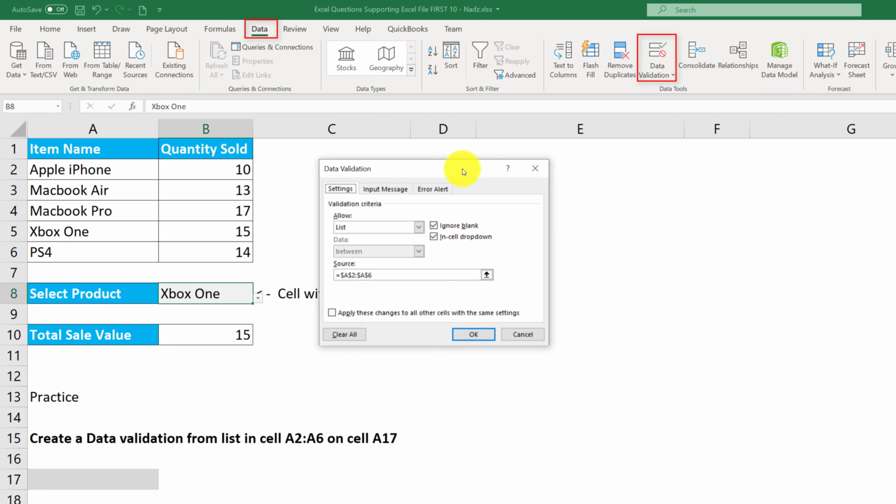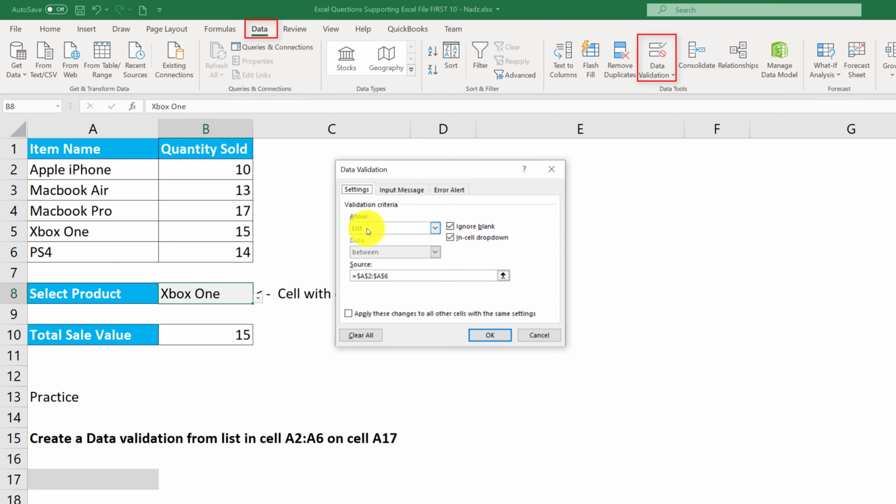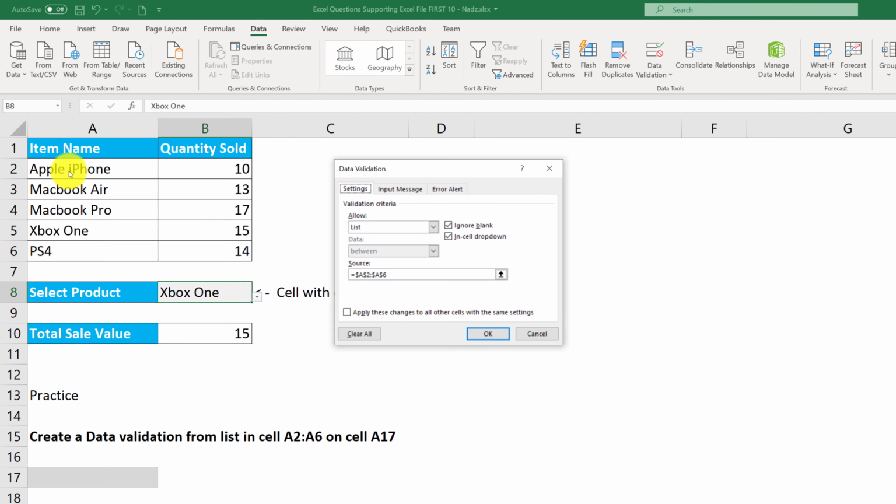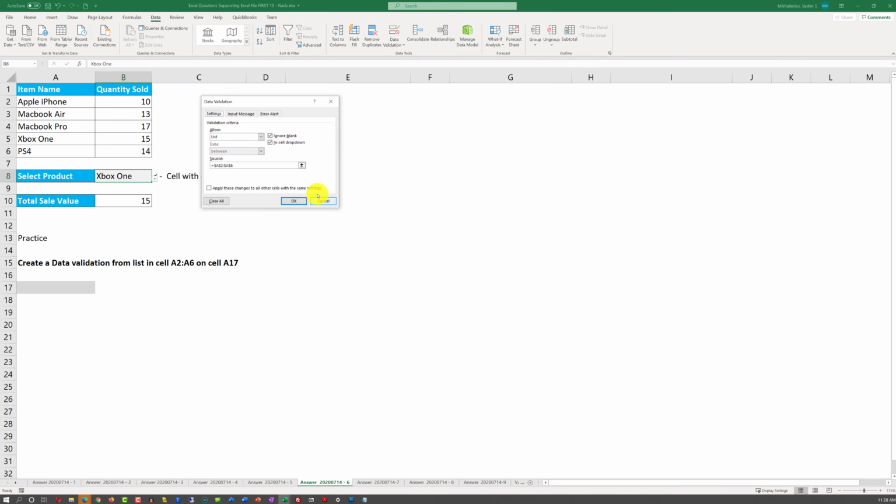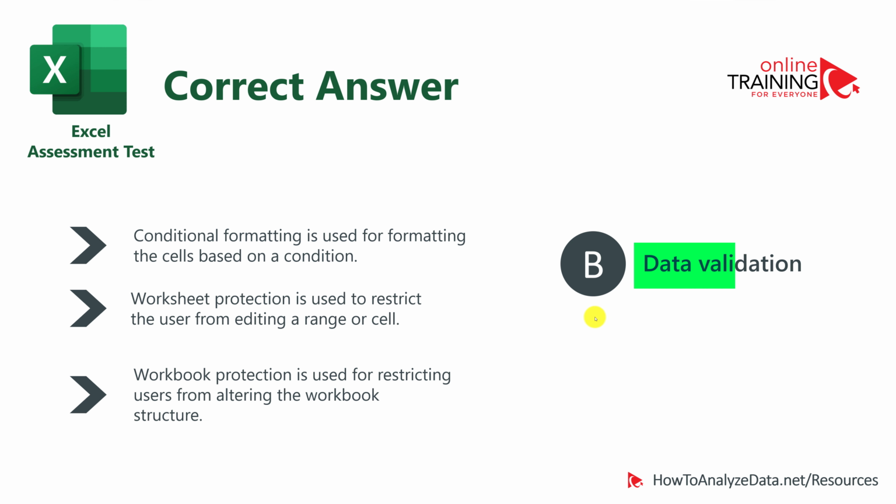And then based on the choices I've used to configure, we allow values from the list. So that's my limitation, that I only allow users to do the list. And then the source range is A2 through A6, which exactly matches the values here, Apple, iPhone to PS4. So as you might have figured out, the correct choice is data validation because other choices are designed to trick